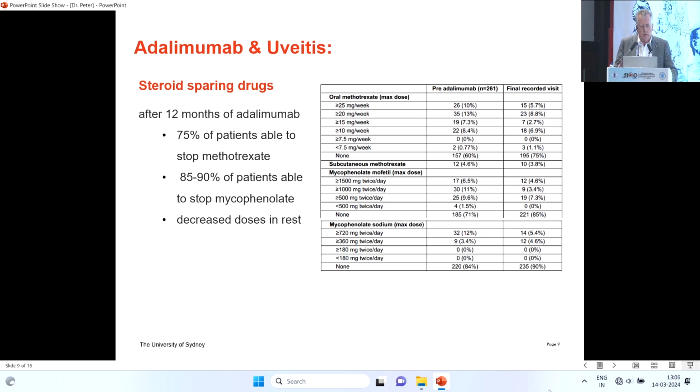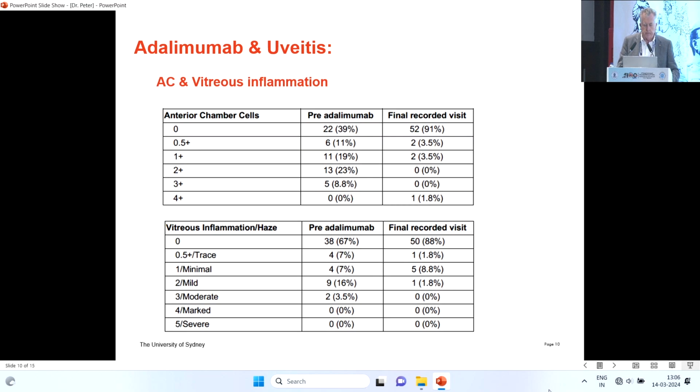Importantly, it also allowed us to slowly but surely decrease the conventional steroid-sparing drugs. We mostly use methotrexate or mycophenolate as our first-line steroid-sparing drugs, and 75% of the patients were able to stop their methotrexate after 12 months of Adalimumab therapy, and nearly 90% of the patients were able to stop their methotrexate. In all the other patients, we've been able to reduce the dose to much lower levels than when they started. It certainly controls the uveitis, and 90% of patients had no anterior chamber cells. 88% of patients had no